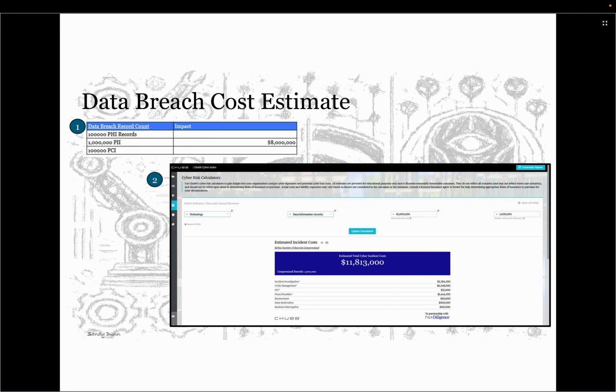11 shows the notes and assumptions the analyst and CISO used. To estimate the breach cost, the CISO used the Data Breach Record Cost Estimate link in the Ratings Criteria tab, shown here with the number 1. For a company with an annual revenue of $5 million and 1 million of personally identifiable information, or PII records, the risk calculator estimates a breach would cost